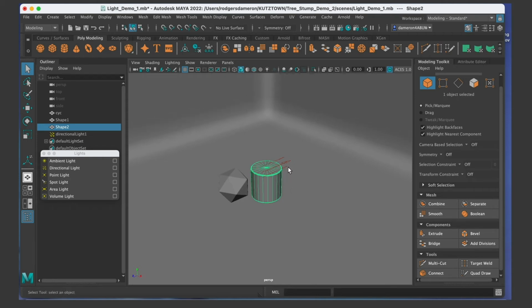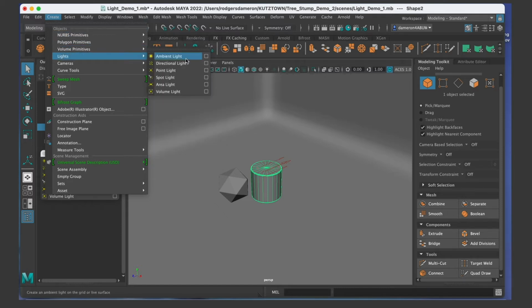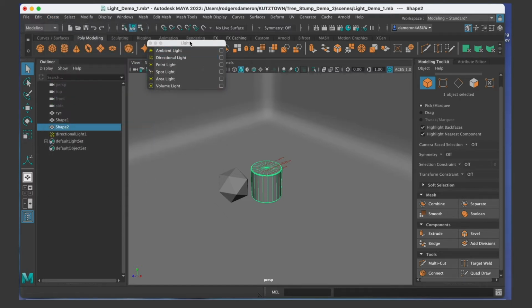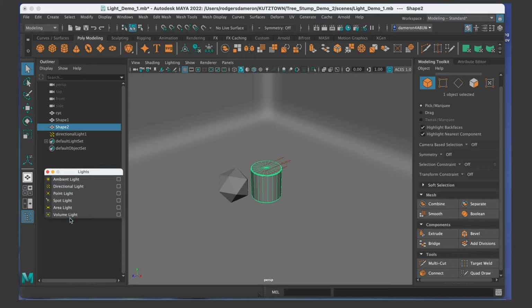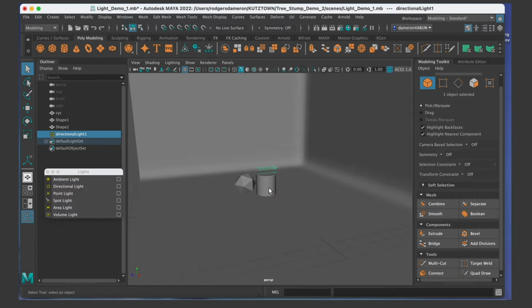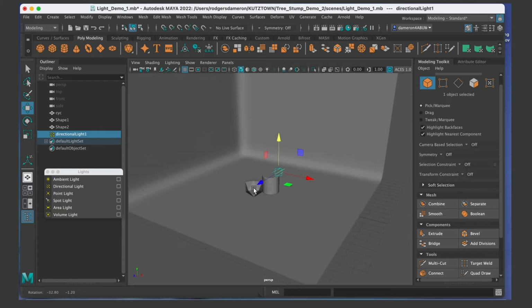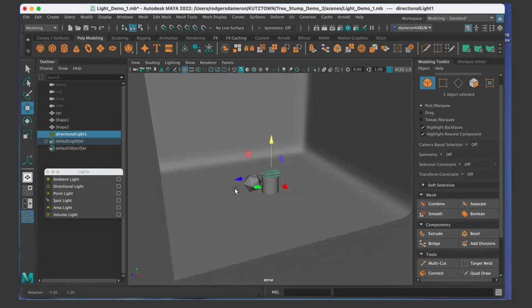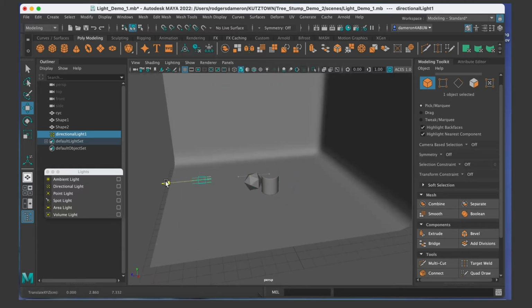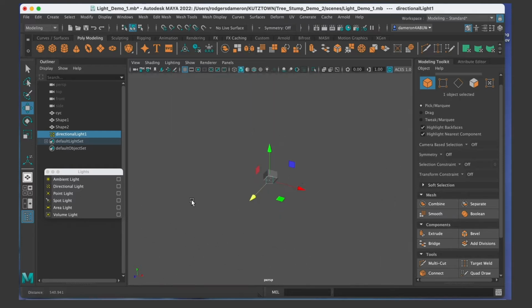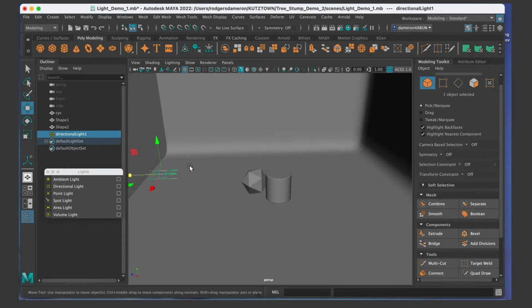So with that recap out of the way, if you recall, we went up to create lights, and I broke out this tab before and brought it down, and so we have our 6 lights here, and we had created this directional light. This directional light is a little hard to explain. It's like sunlight, and it's an infinite light. What that means is if you create this one light in your scene, no matter how large your scene is, whether it's a giant mountain landscape or something that we create out here, that one light will be able to light the whole scene